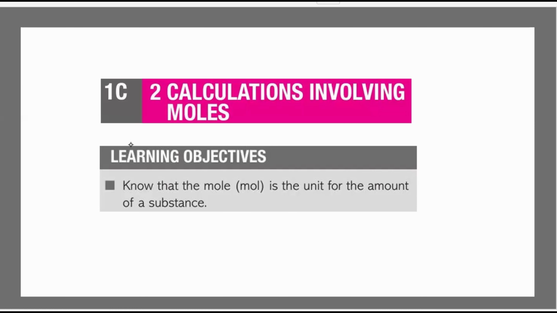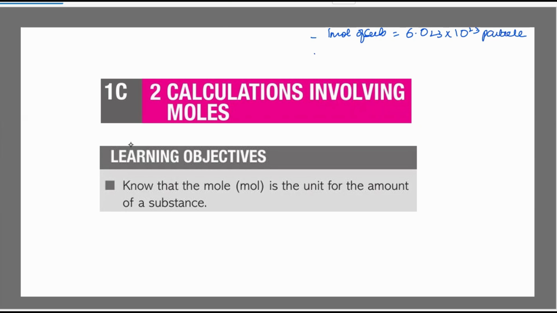Now, we have already understood a basic part of the first definition of the moles, and we said that we have connected the moles with Avogadro's number. We said that one mole of a substance has basically 6.023 into 10 to the power 23 particles. So that was a concept which we have done.